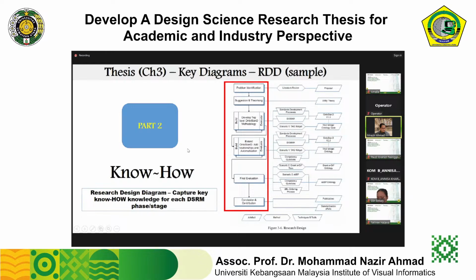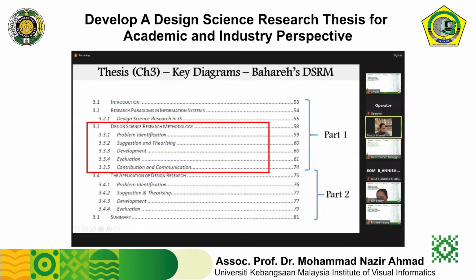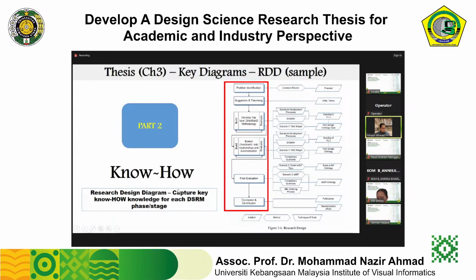Right? And in chapter 3, we have a research design diagram. Okay, the key diagram in chapter 3 is this diagram. This is know-how, because part 2 is where you apply what you tell in part 1. So this is a research design diagram to capture the key know-how knowledge for each design science research methodology stage. All right. So if you see this, because he is not based on the paper template, he is based on another process model. This red box here is based on another process model, and